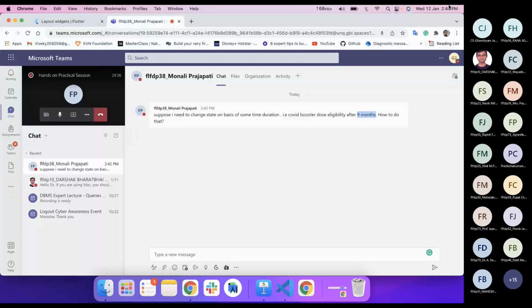If you find the difference, that is just 2 days, so that is not meeting your criteria. Let's say the user opens your application after 9 months. Then when you compare the date, you will find that this person is now eligible for the COVID booster. When you get that data, you can do a setState, and that is how you can change the color or change the state.